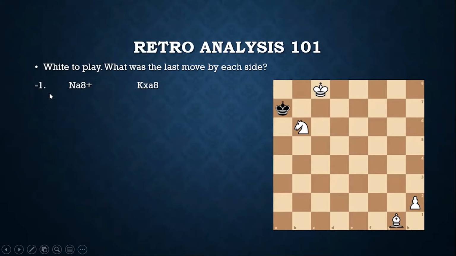And the retrograde analysis goes into negative notation, as you see. I mean, typically in chess notation we have increasing order of move numbers, but here you will see it's actually decreasing. So this is the -1th move which was played. Okay, so I hope this gives you some idea of the kind of puzzles you're going to look at.